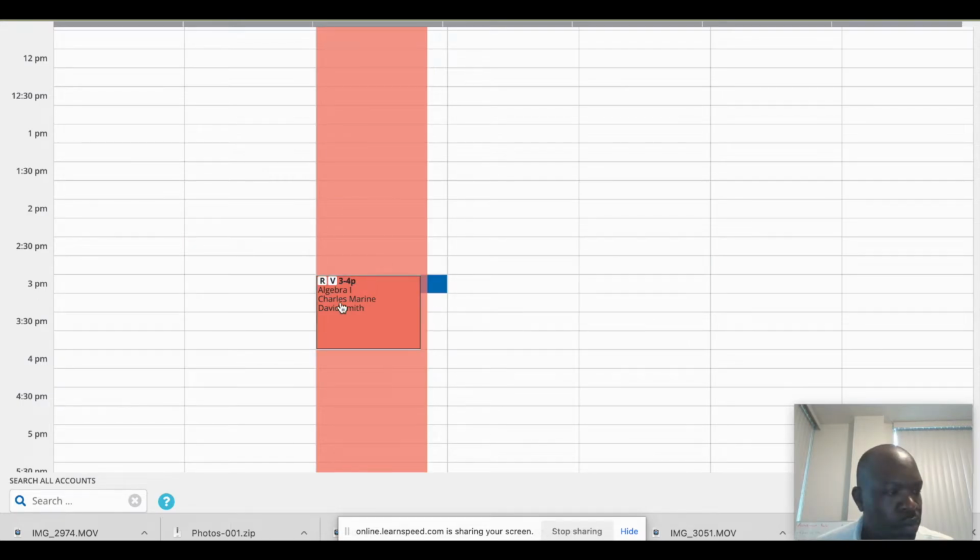All right, so we've got our schedule set up with this student. And we'll look at this calendar. We see we have R, that stands for reoccurring, and V is for vision. The instructor and also the student receive a reminder of the session several hours before the session takes place. And there's a couple other ways that you can keep on top of your schedule,